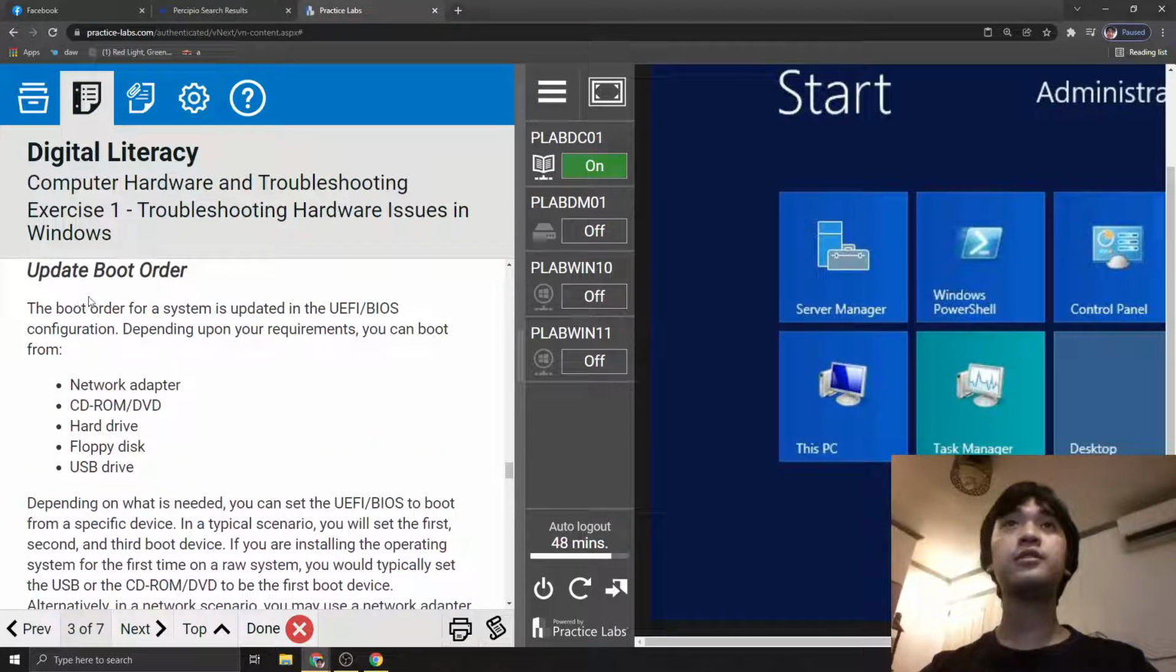And next one is, update boot order. The boot order for a system is updated in the UEFI BIOS configuration depending upon your requirements. You can boot from